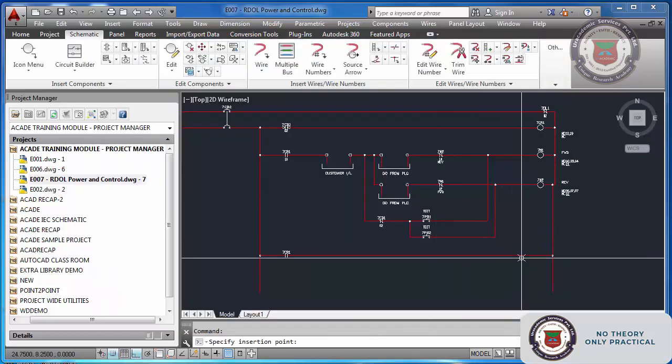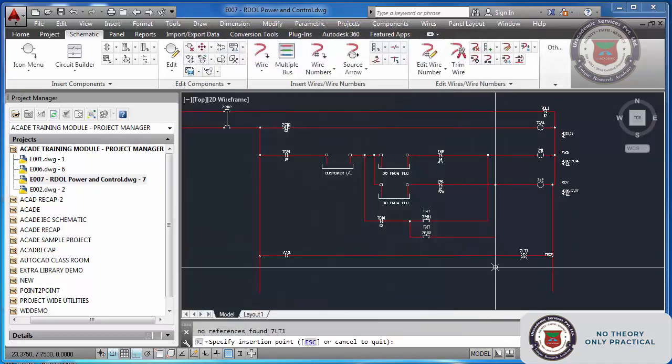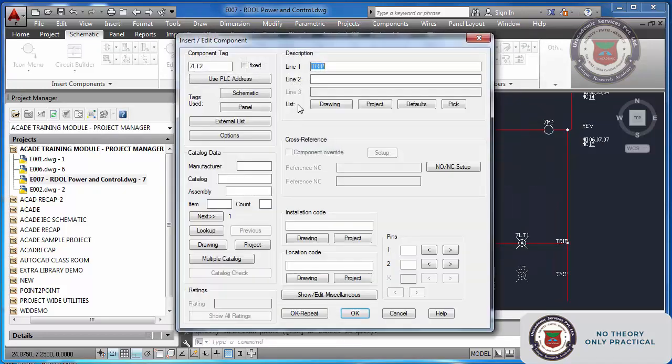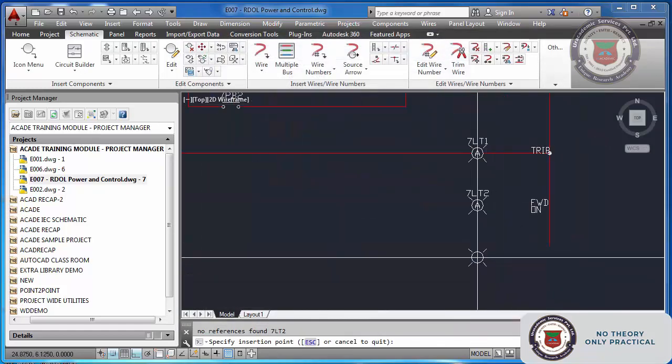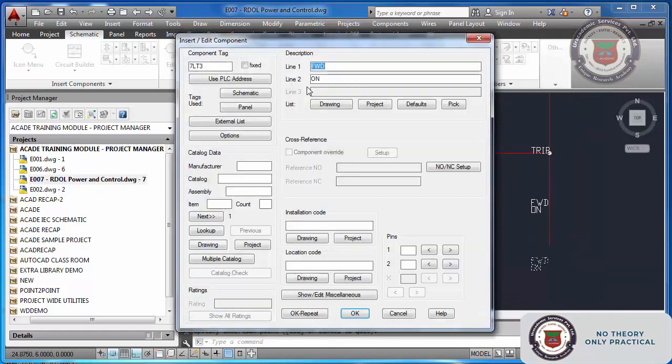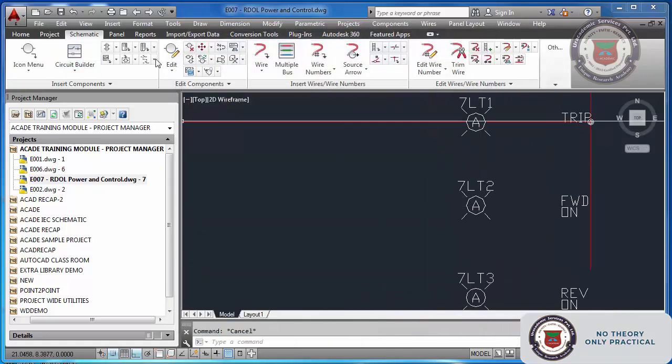I'm selecting amber for trip, 7CR1. This is my trip indication. Okay, I will put two more. This is my forward on, and I will put one more like reverse on. If you want to change the color, see inside this A comes here, that A for amber. If you want to change that, you can change that too.